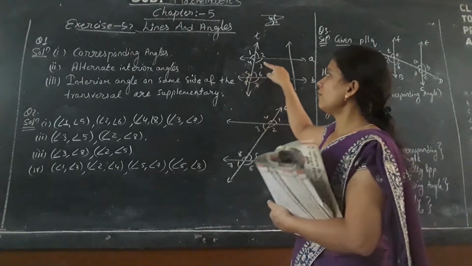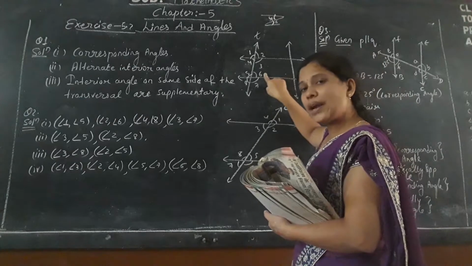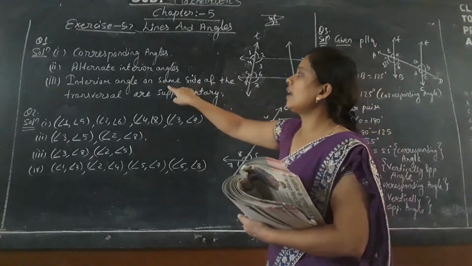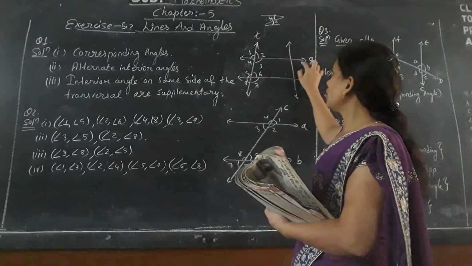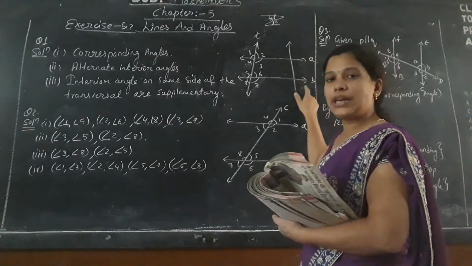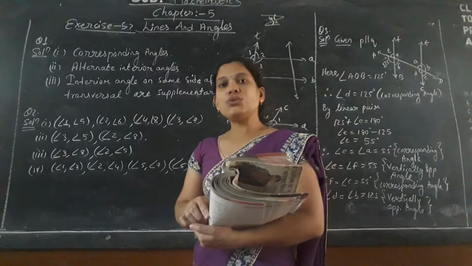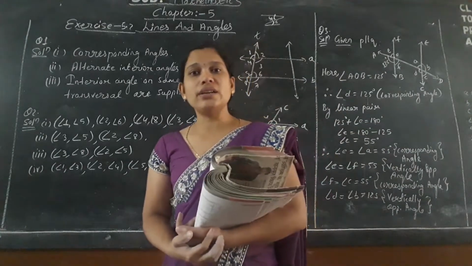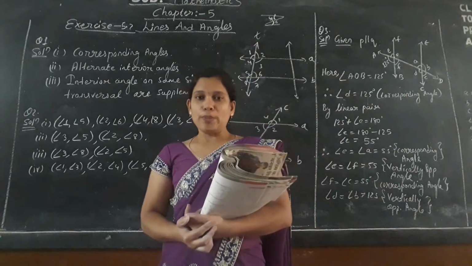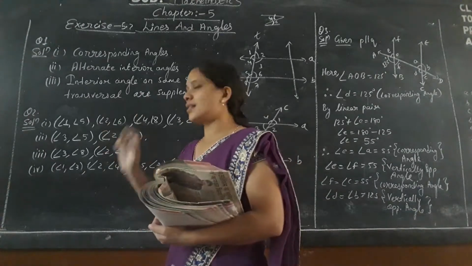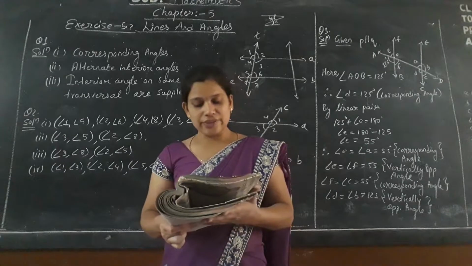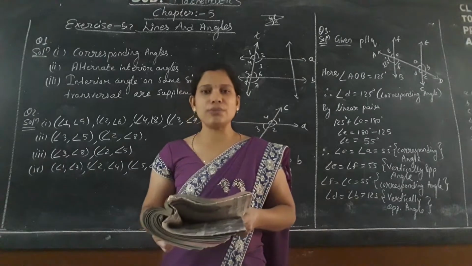In the same way, if angle 3 and angle 6 are added, it also follows that interior angles on the same side of a transversal are supplementary. Then in that condition, line A and line B are parallel to each other. Dear student, while teaching you the definition, I had given you 3-4 properties for the transversal. Using those properties only, it is satisfied. Clear everyone? Now question number 2.